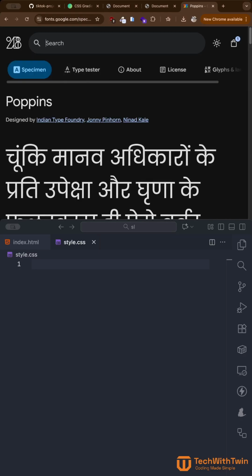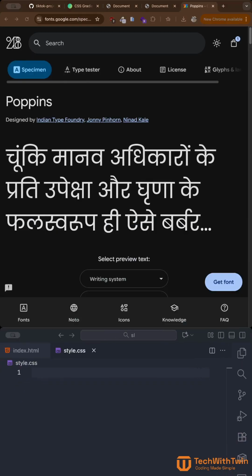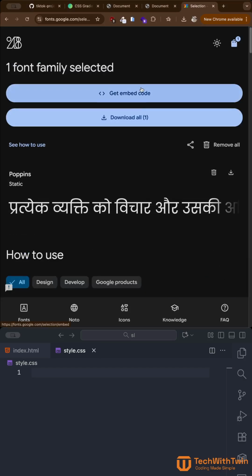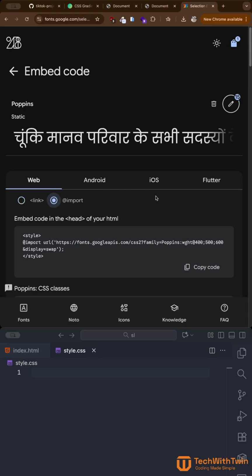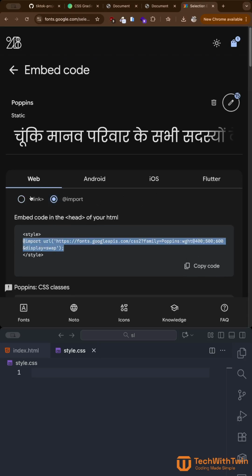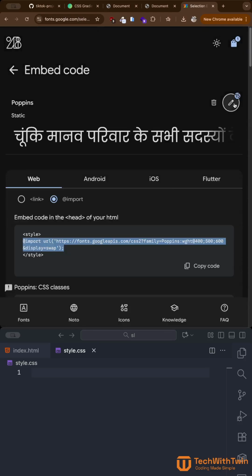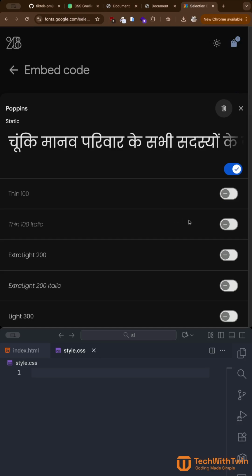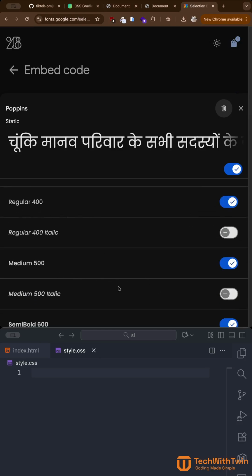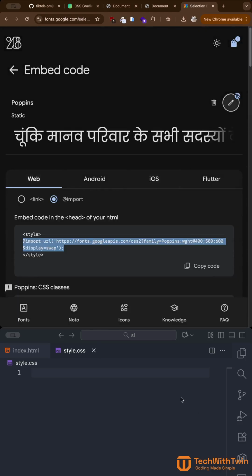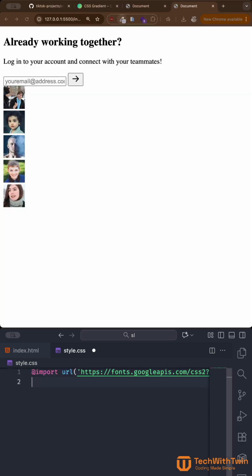Look for Poppins. Then on the bottom, you'll see a button that says Get Font. Just click it and then click Get Embed. And then grab, go from web, go to link, and then import. This import is what you are going to add to the CSS. Something else you might want to know is that you can enable the fonts you want by clicking the edit button. So you can click that, and then I only loaded 400, 500, and 600 font weights. So you can do the same, paste that in, close Google Fonts, and then let's add some default CSS styles,